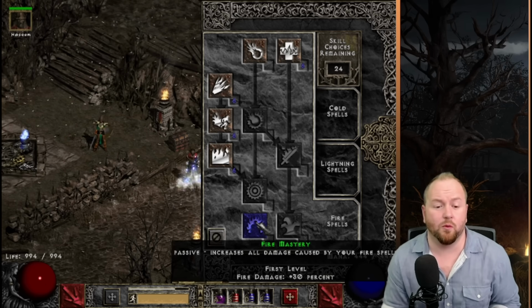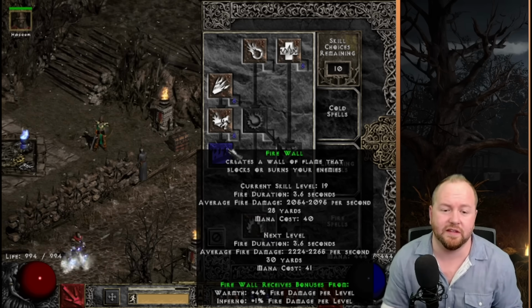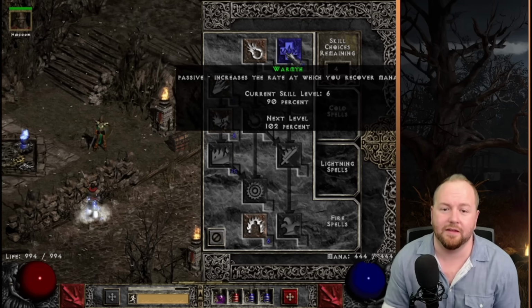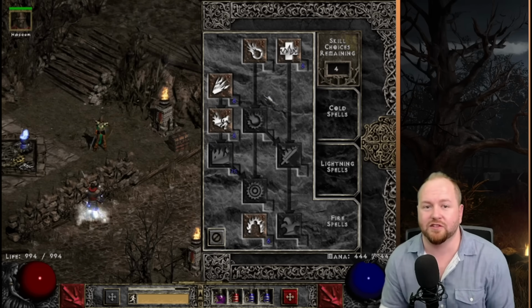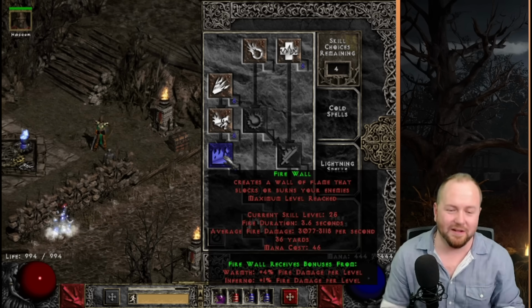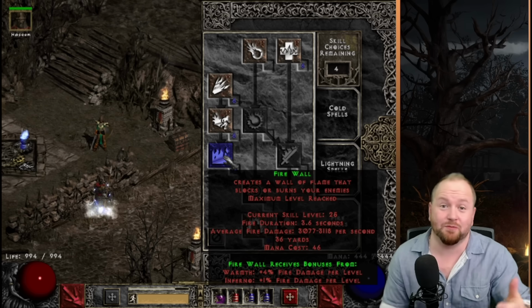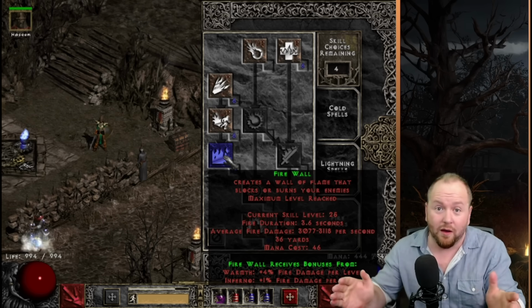You'll obviously want to put 1 point into Fire Mastery if you do that. And then you want to put most of your points into Firewall. And then any that you have left over, put them into Warmth or Fire Mastery, or what I would suggest is breaking them up evenly as you level up. It's gonna do about 3,000 damage per second, which is extremely efficient for the low amount of skills that we've